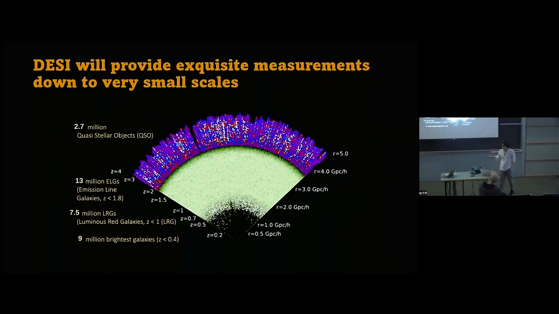In particular, I work with the DESI collaboration on these kinds of small scale analyses. And I just want to mention that DESI has already gathered more spectra than any of the previous surveys combined. So we have these exquisite measurements of very small scale clustering that we should really try to understand well and extract cosmological information from. The two types of galaxies that I will mention in this talk today are ELGs and LRGs, which stand for emission line galaxies and luminous red galaxies. You can think of them as just blue and red galaxies.